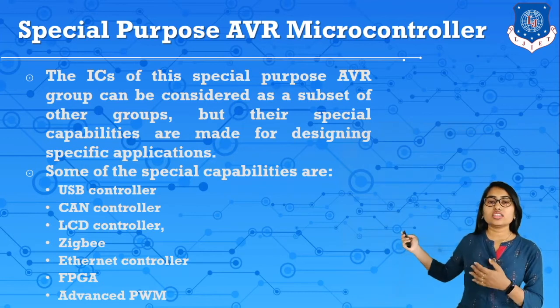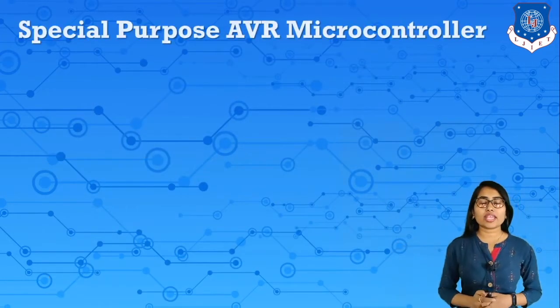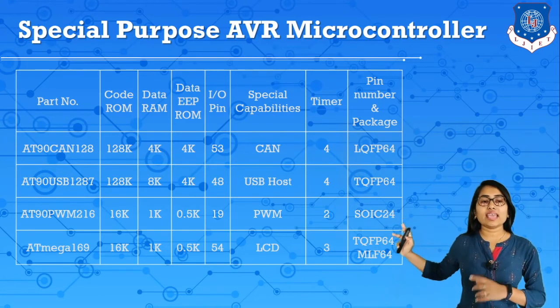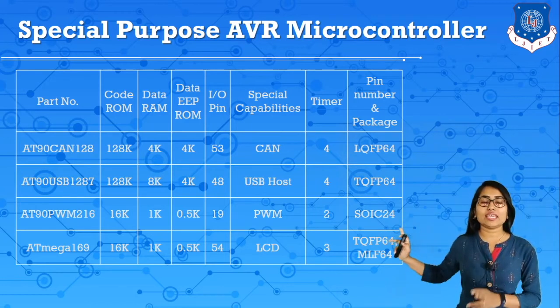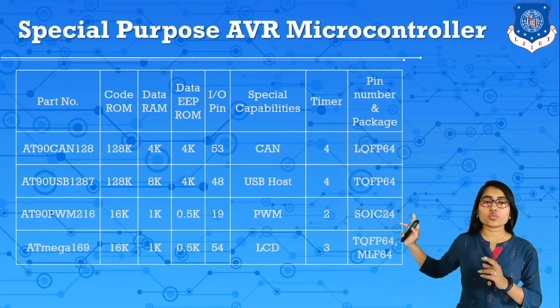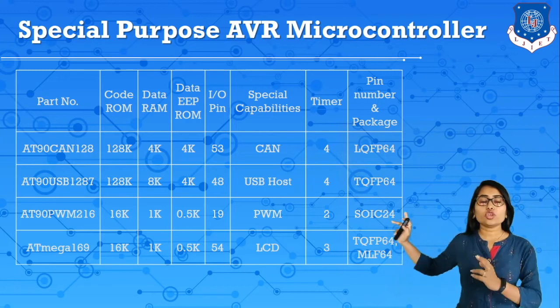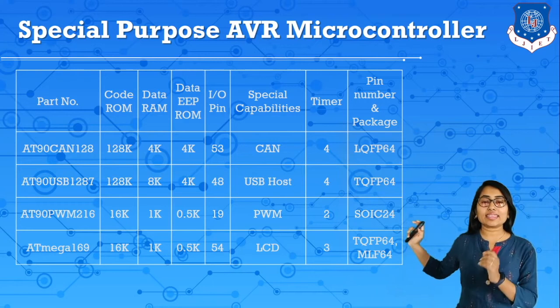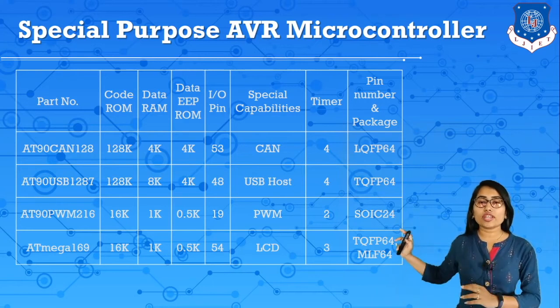So here these special purpose AVR microcontrollers are listed: AT90CAN128. It has a ROM of 128K, RAM of 4K, EEPROM of 4K, IO pins of 53, and special capability of CAN, okay, and it has 4 timers and is available in a